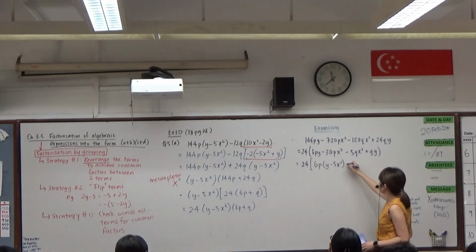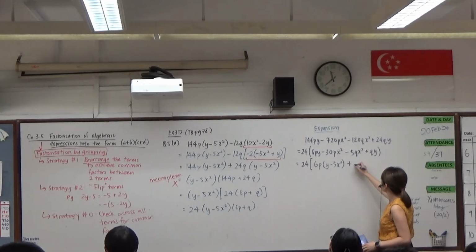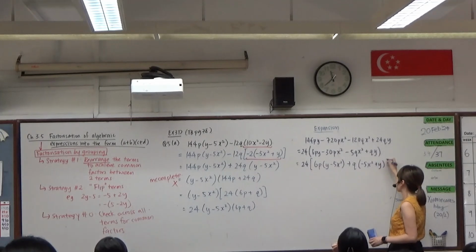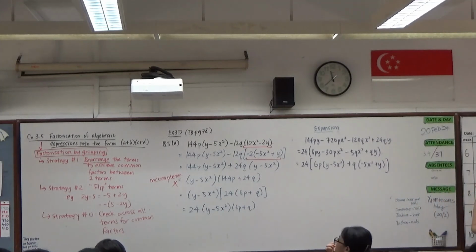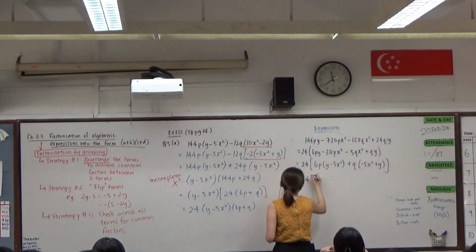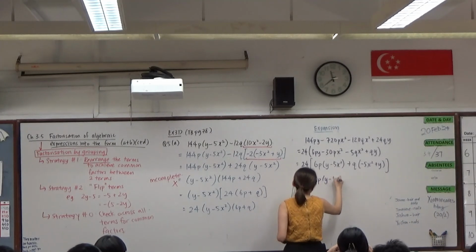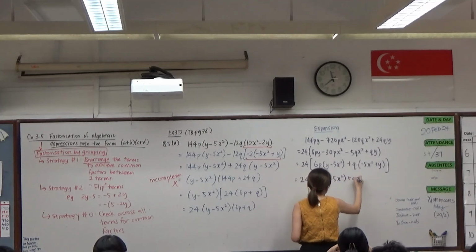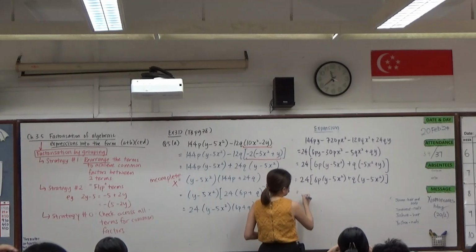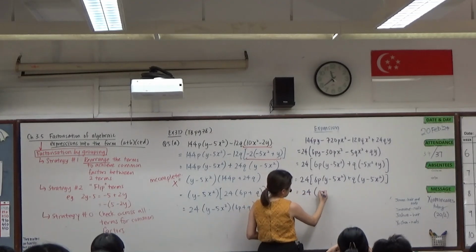And then plus q, negative 5x squared plus y. And then we see that they are the same. And hence we are left with y